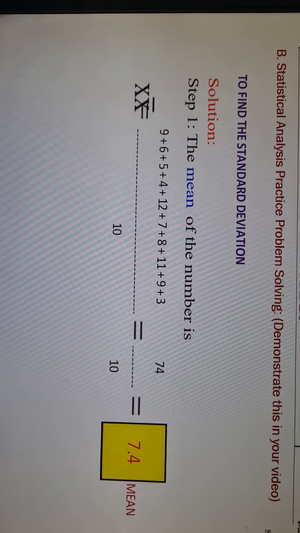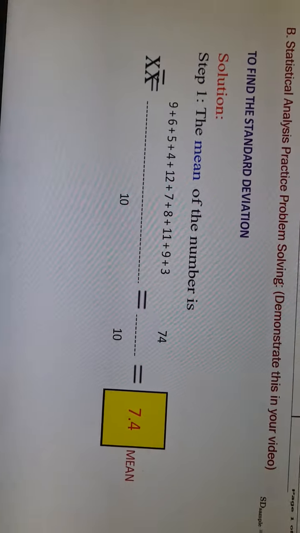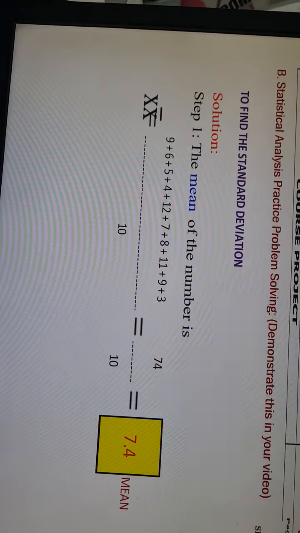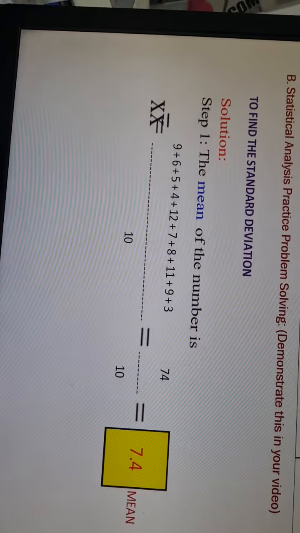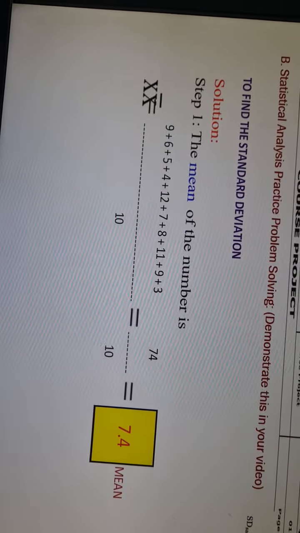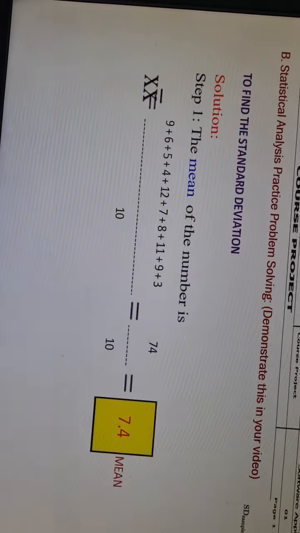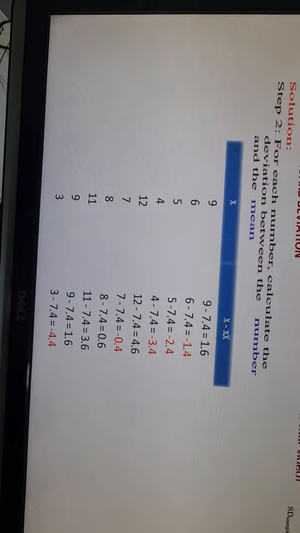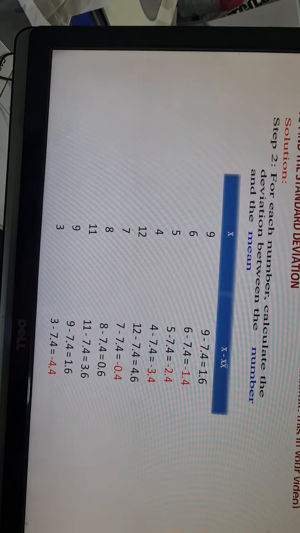Step 1, we need to find the mean of the numbers. As discussed earlier, we add the lengths of the carrots over the 10 carrots, so 74 over 10, then 7.4 is the mean. That's the first step in finding the standard deviation. The second step is, for each number, calculate the deviation between the number